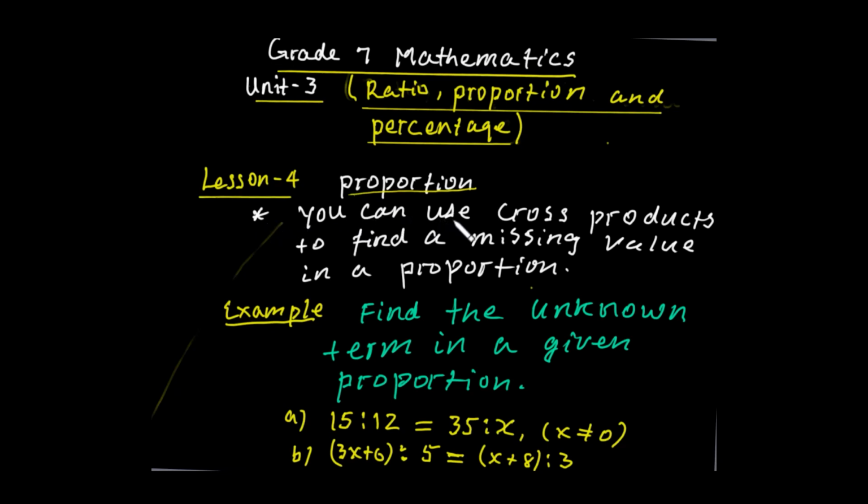You can use cross products to find the missing value in a proportion. እንግዲህ ሁለት ሬሽዮዎች ፕሮፖርሽን ናቸው ስንል ምን ማለታችን ነው? their cross product is equal ነው። ስለዚህ ያን cross product በመጠቀም unknown ወይም missing value ካለ ያንን ማግኘት እንችላለን ነው።